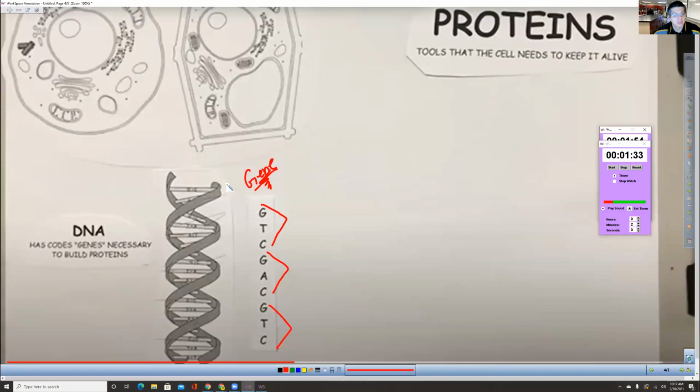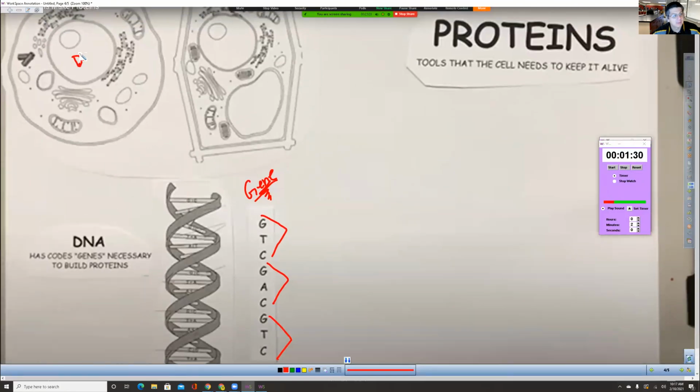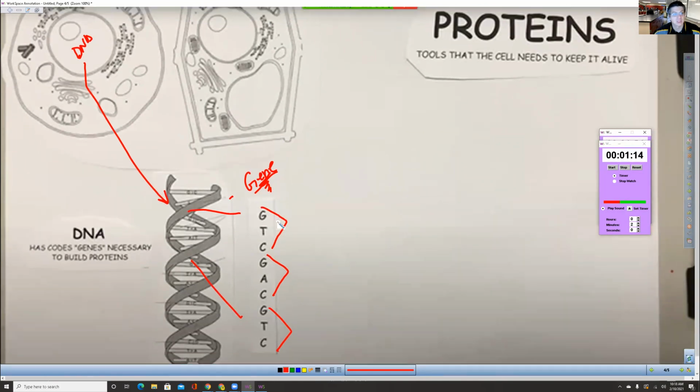And so make sure that you guys understand that the DNA is in the nucleus, right? And that DNA has pieces of information that we call genes. So it's very important that you guys understand that concept. So go ahead and take 2 minutes. And in order for us to make this protein, we need to get this information to the things in the cell that make the proteins. So we'll talk about that.